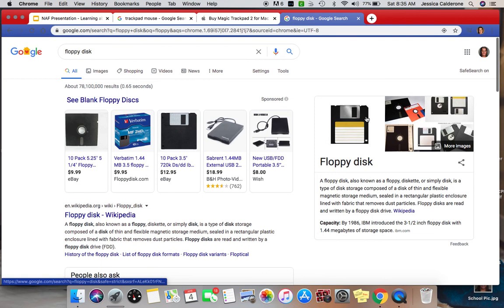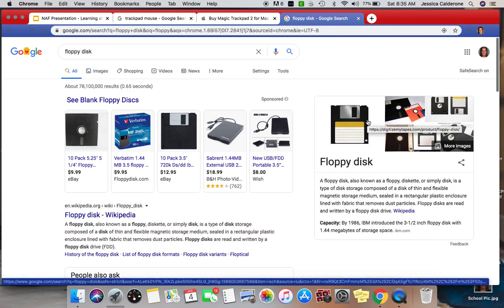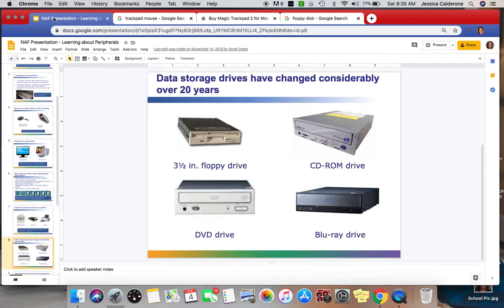So that's what you used to use for storage. That gives you an idea of how much storage has evolved as well. My Apple Watch has more storage than this. So those are old types of storage, then we have CD-ROM, DVD drive, and you have a Blu-ray drive,